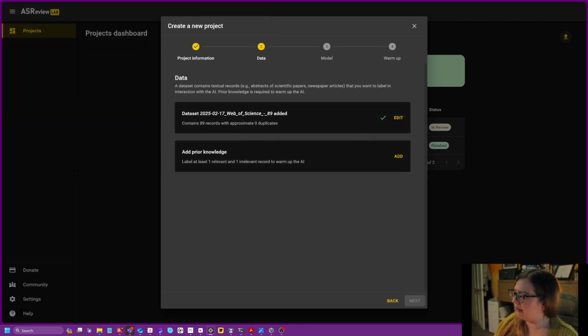Once you've done that, it then says how many records you have, and if there are duplicates in there, which there were for me. I had run a deduplication check in Zotero, but it didn't actually find them all. So it told me that there were 10 duplicates, despite the fact that I'd done that. So I went through and manually checked for duplicates and removed them all. Then, once you've done that,